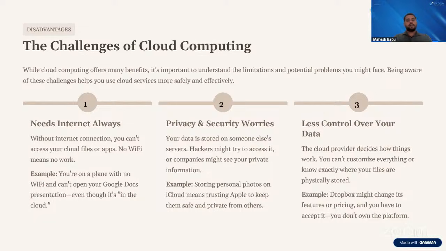That's why here the security is going to play a major role, because your data will be completely stored on someone else's servers. So hackers might try to access it, or companies might see your private information whenever there is a data breach. Okay, example: storing personal photos on iCloud means trusting Apple, because now I'm storing all my data in the Apple iCloud. iCloud is the cloud storage of Apple, that everybody knows.